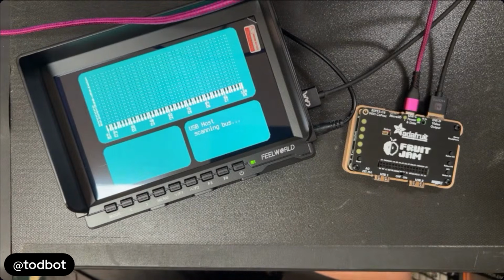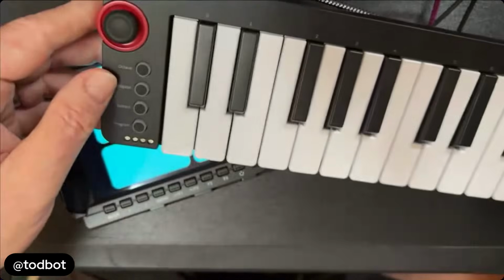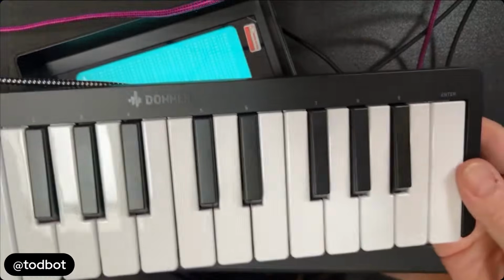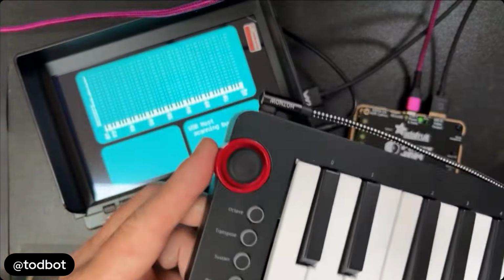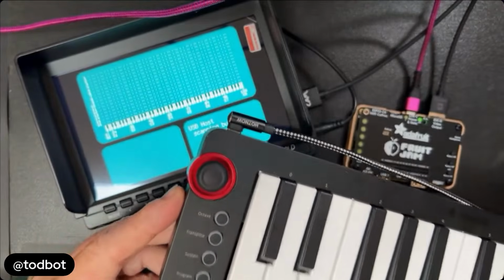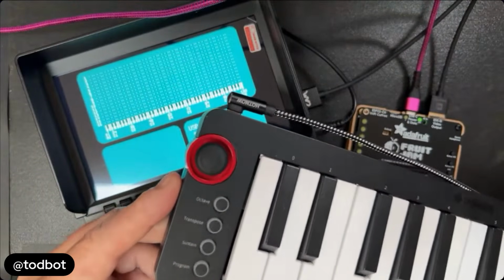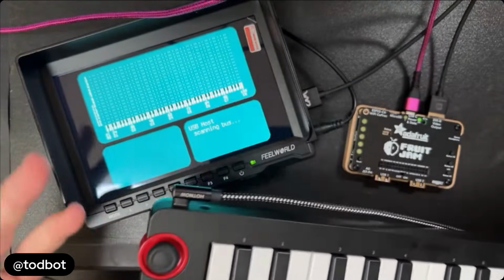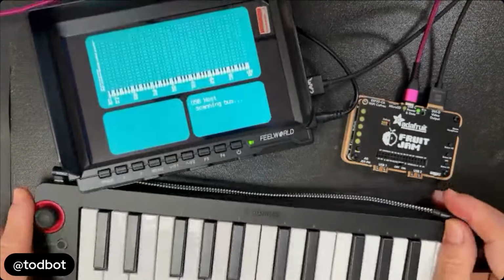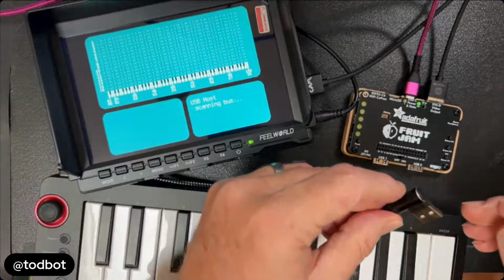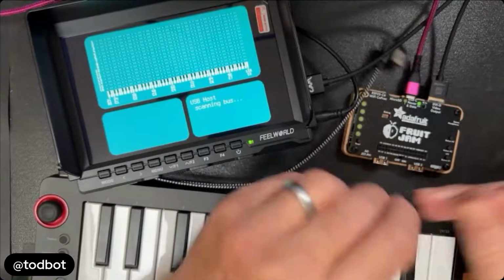I have a lot of these little cheap USB MIDI controllers, which are great, except they're USB only. You can find them for like 20, $30, but because they're just USB MIDI and not DIN MIDI, it's really hard to use with some of my stuff. But thankfully, we're getting to the point now where we can have microcontrollers that do USB host, and so here's one of Sam's